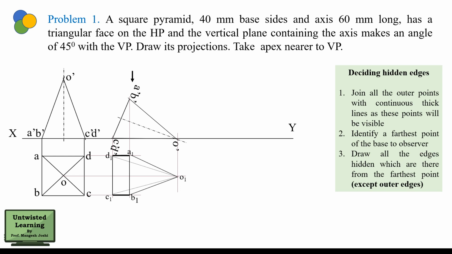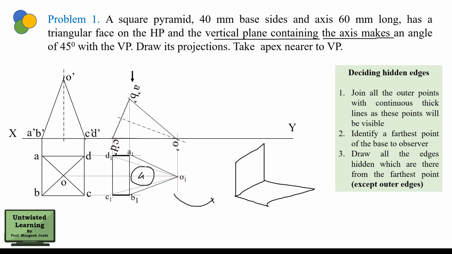Now this is the fourth diagram. All right, now you have to redraw at the given angle. So the angle is given: the vertical plane containing the axis. Okay, so the axis could be inclined at any angle, but there is a vertical plane which is containing the axis. So for example, just to imagine this, I will explain that suppose this is the case. Okay, so there could be another imaginary vertical plane, suppose like this.